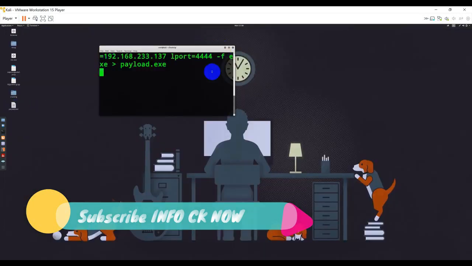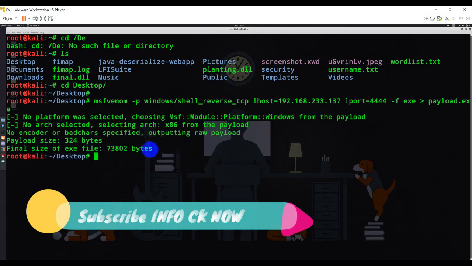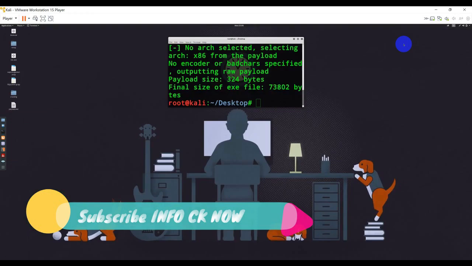It is still in progress. We'll wait for some time. Okay, so it has now generated payload.exe having size 324. Now let's transfer this exe file to our victim system and initiate our netcat connection.